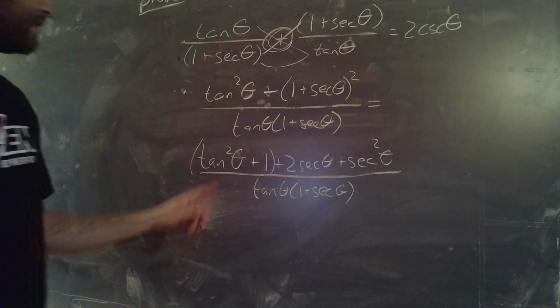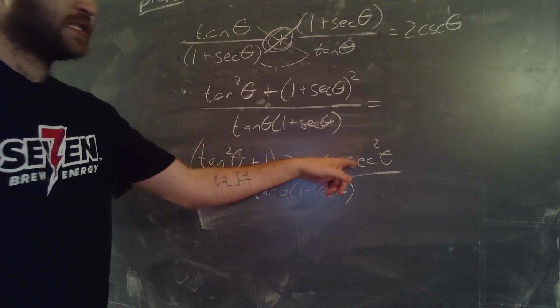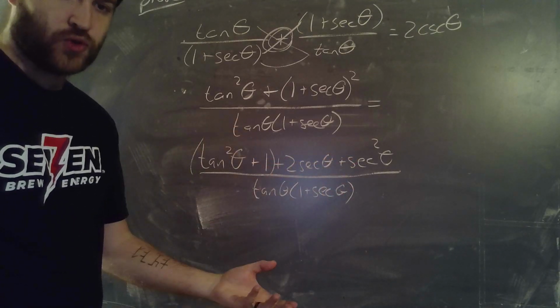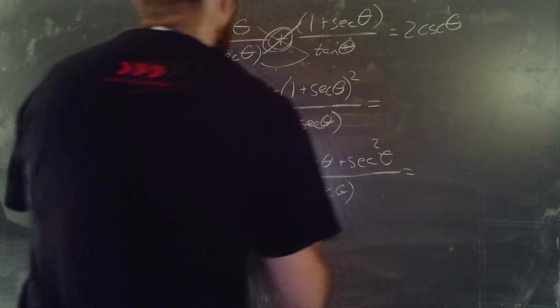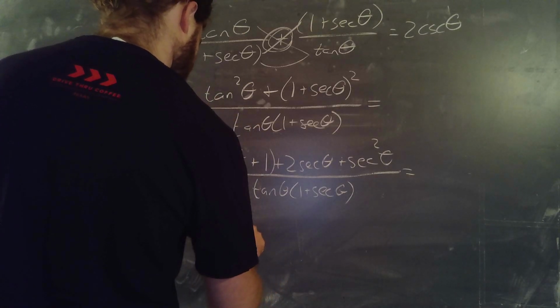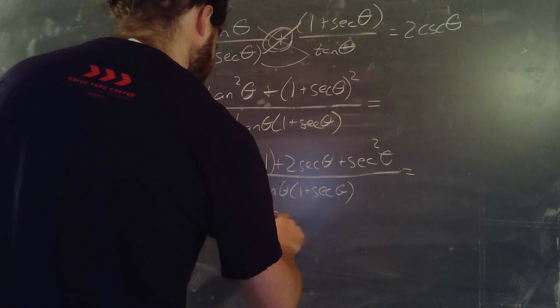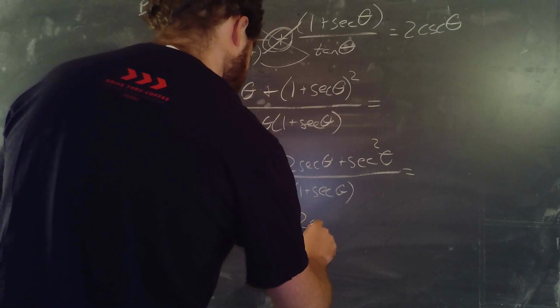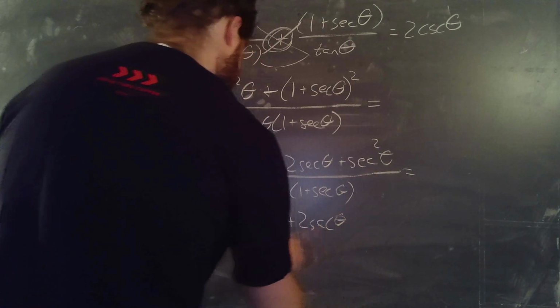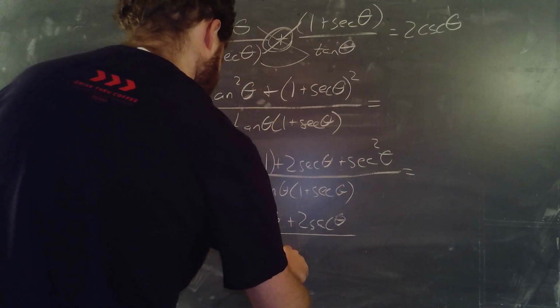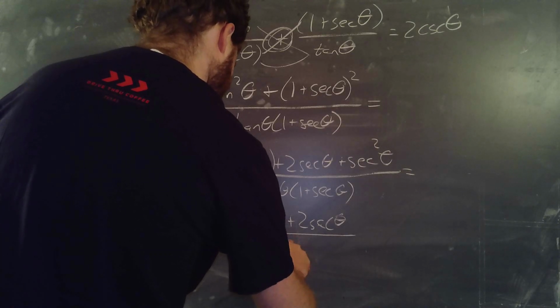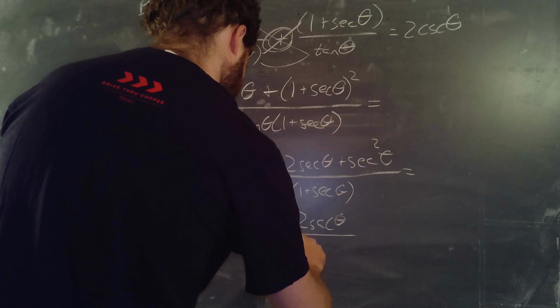But notice that because I have secant squared plus secant squared together, that is 2 instances of secant squared. So I can replace this with 2 secant squared theta plus 2 secant theta all over tangent theta times